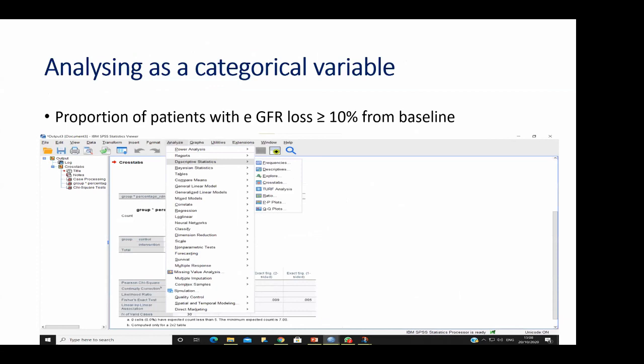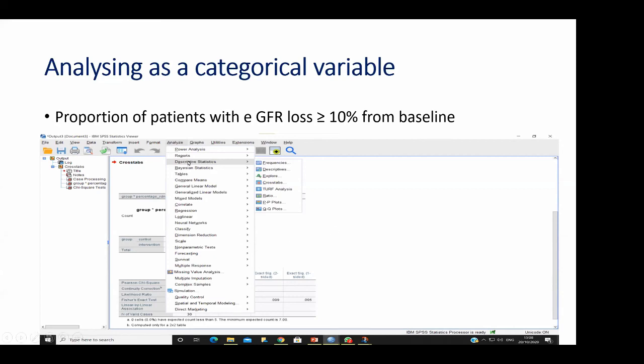Now we come to the final part. My primary outcome was EGFR change, but I told you earlier, I can put it in a different way as a binary variable also, because this has some implications on sample size calculations, which you will know when Dr. Hari is discussing in the next session.